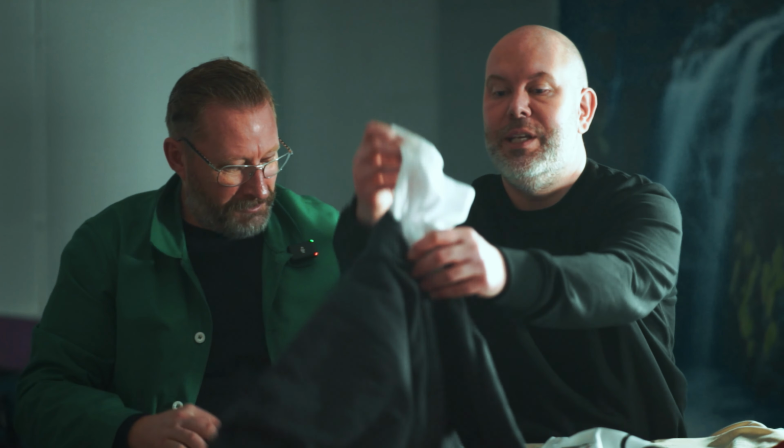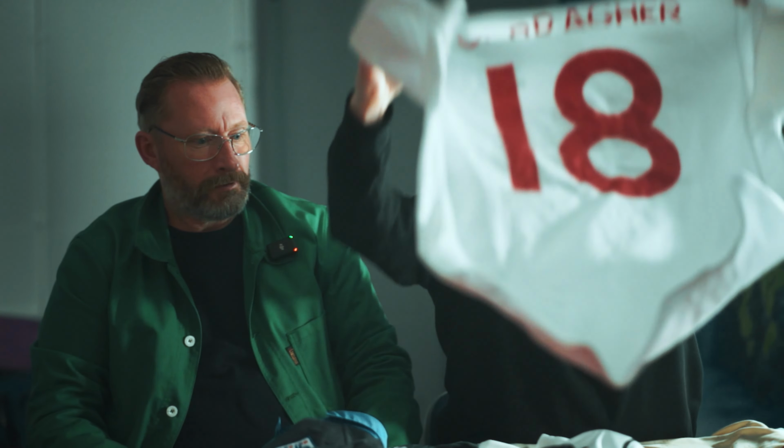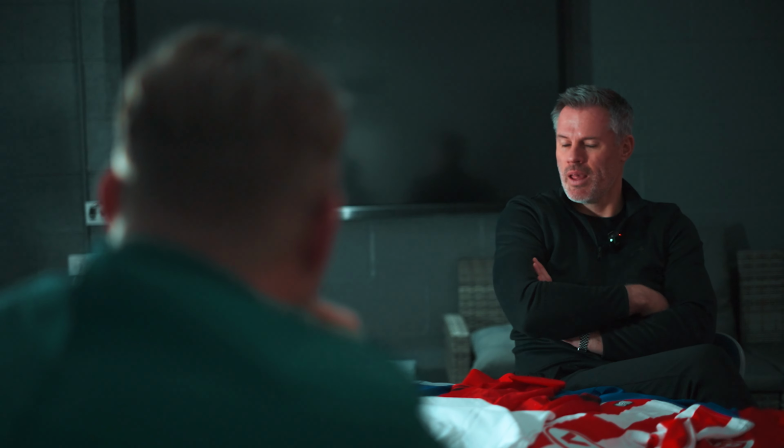This kit in particular and the couple after it presented some of the most unique challenges I'd had as a kit designer, and it was with some of the players involved. These were done with chest sizes rather than small, medium, large. You went to the World Cup quite late and hadn't been playing in the qualifiers, so you may not have been involved in the process, but when this was first being created, which was before I got to Umbro,